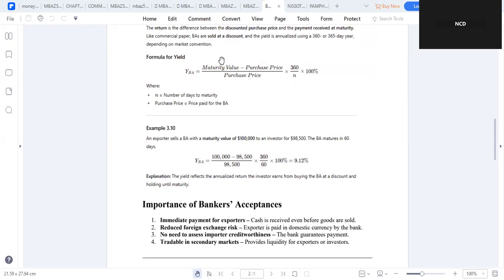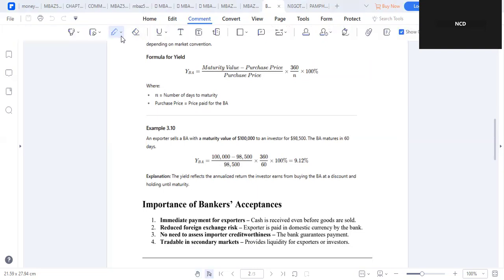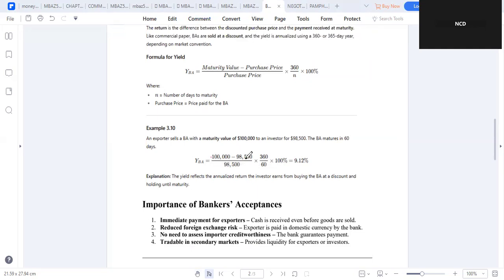So we are going to look at some questions to do with the banker's acceptances. More or less, the questions will be similar. Suppose an importer sells a banker's acceptance with a maturity value of 100,000 to an investor for 98,500. The banker's acceptance will mature in 60 days. Calculate the yield. So the yield is the maturity value, which in this case has been given as 100,000, minus the